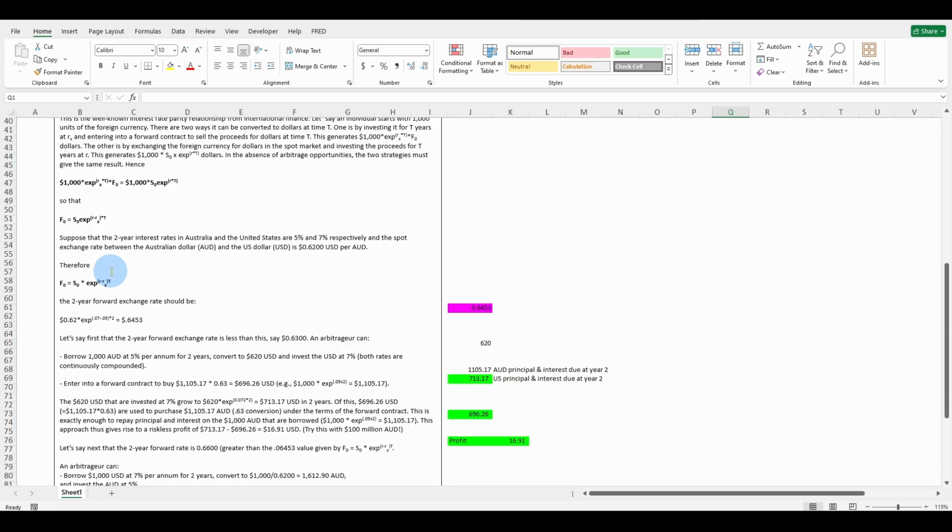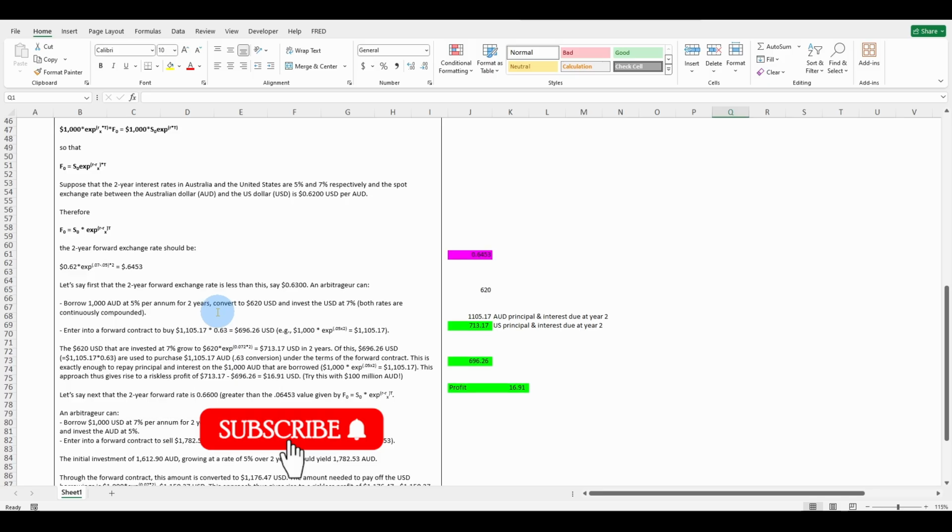Therefore, F0 is equal to S0 times e^((r - rf)T). The 2-year forward exchange rate should be 0.62 times e^((0.07 - 0.05) × 2), which equals 0.6453. Remember, our current spot rate looks like it's 0.62. The 2-year forward exchange rate is